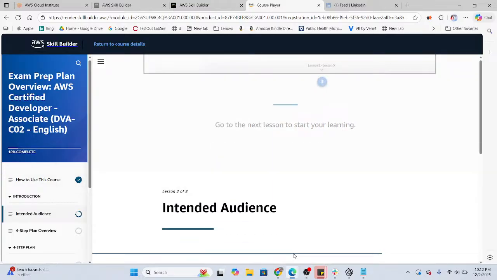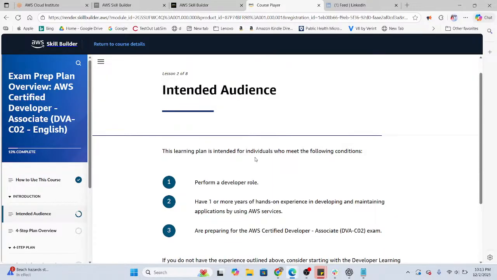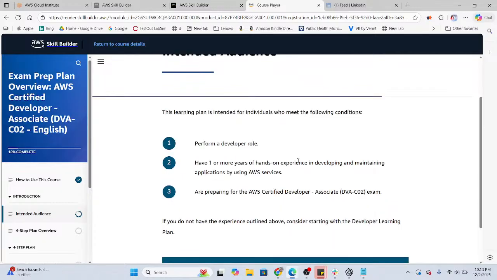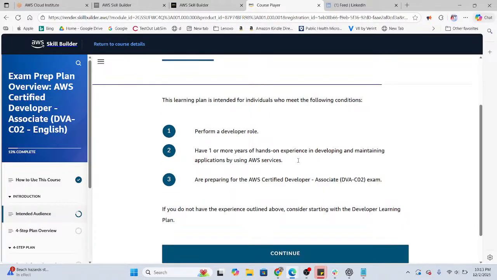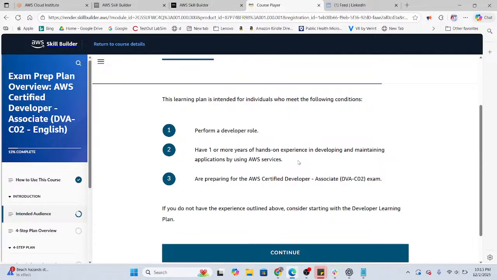Lesson 2. Intended audience. This learning plan is intended for individuals who meet the following conditions: perform a developer role, have 1 or more years of hands-on experience in developing and maintaining applications by using AWS services. In that case,